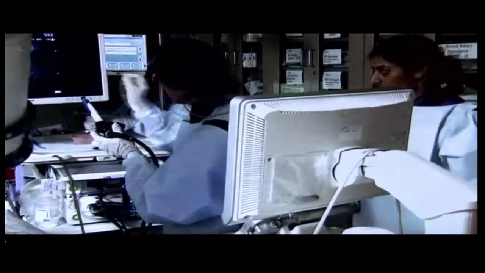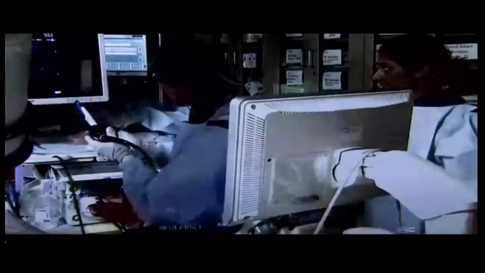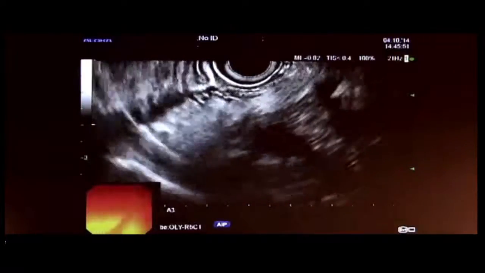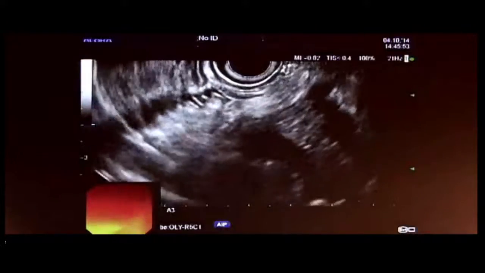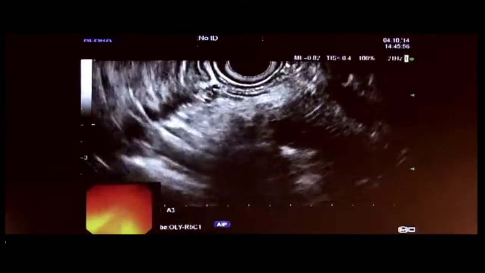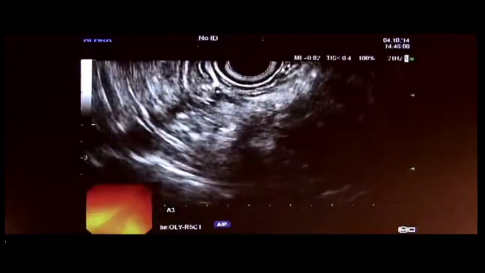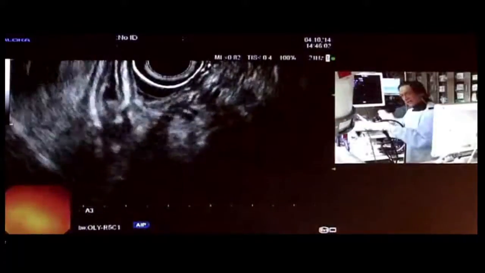So you can see the sheath at the top, kind of like a double tram track appearance. You can see the two lines of the sheath. And so we're going to just make sure that that's out a bit. And then we're going to lock the thumb screw here so that the sheath does not change position. So now we got the sheath. We know the sheath is out, so we're not going to accidentally damage the scope when we advance the needle